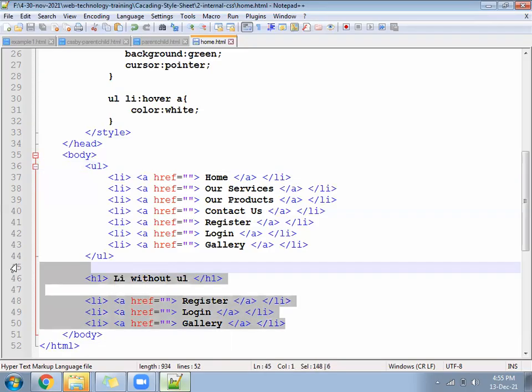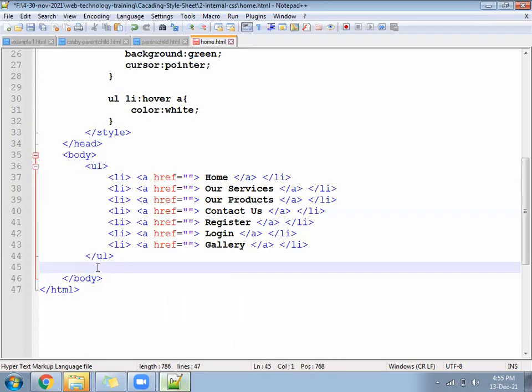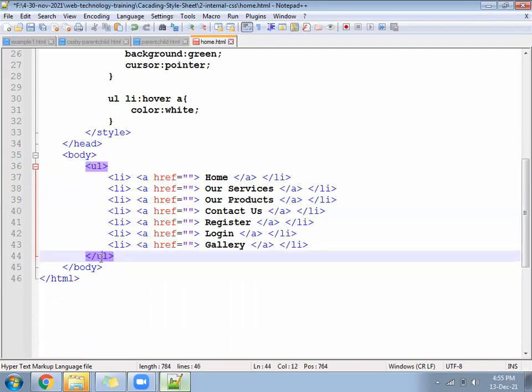Remove the h1, UL and li. Let it be clear. The CSS part will be the same.